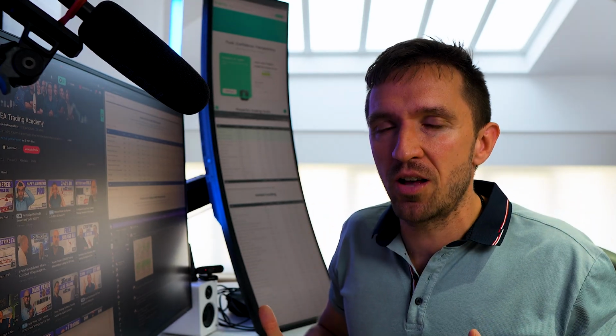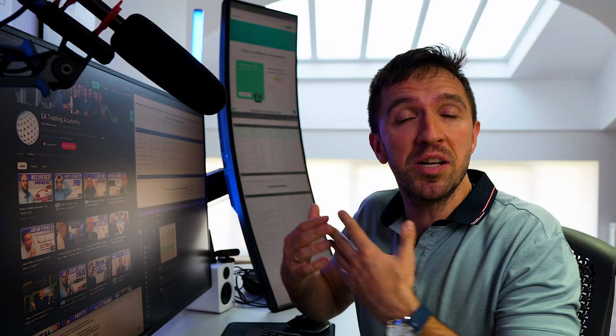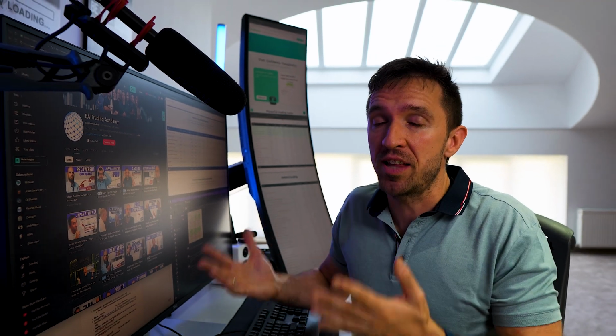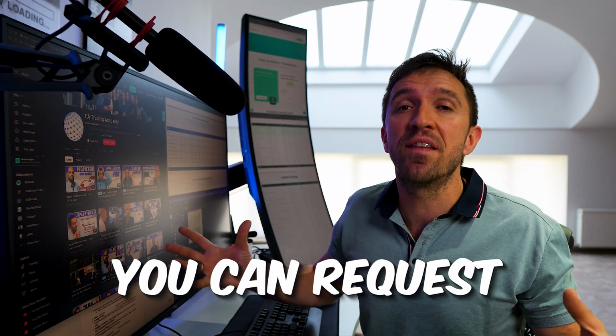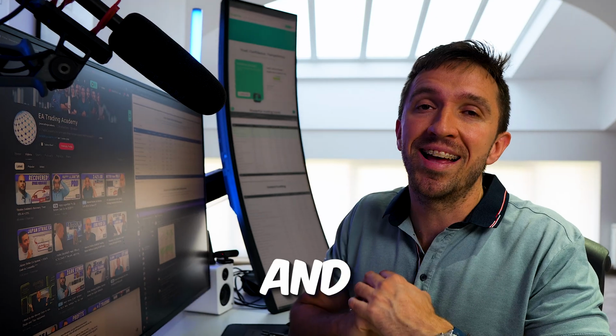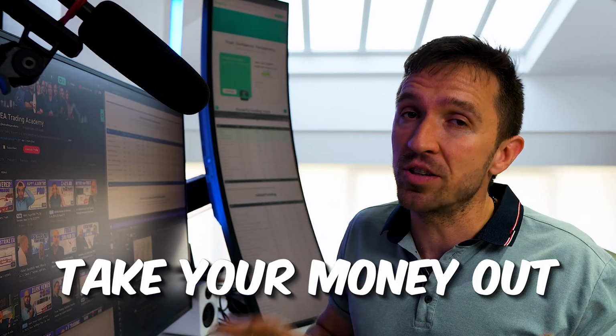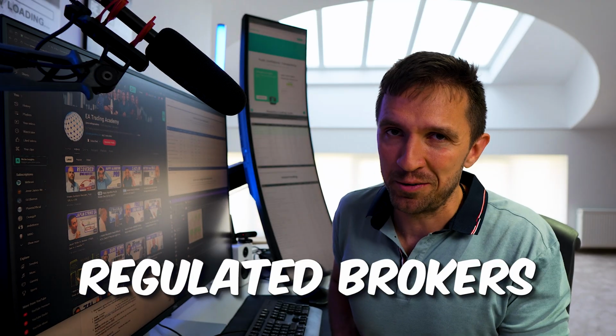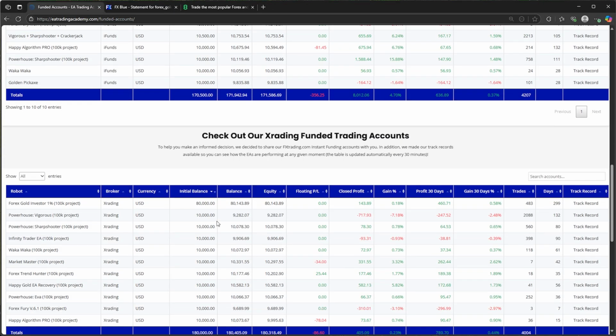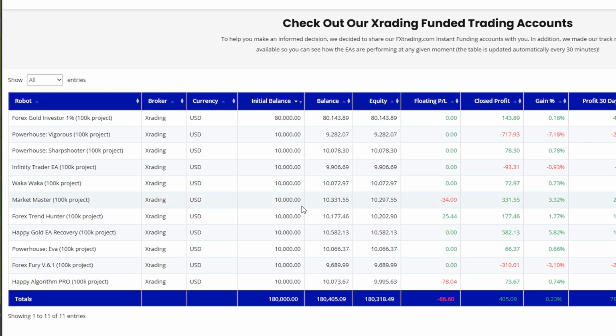Especially with live accounts, you have full control of your capital. Even the money you deposited, let's say $1,000, $2,000, you can request a withdrawal and take your money out if you need, but of course only with the regulated brokers. With trading.com it's a little bit different, because once we purchase the 10K account we need to